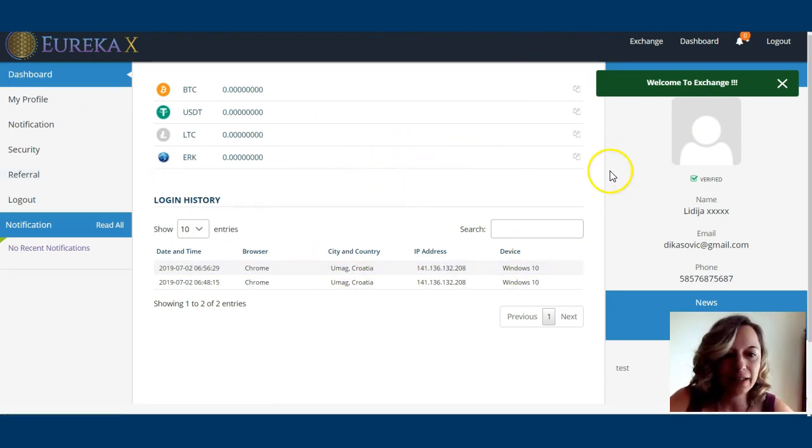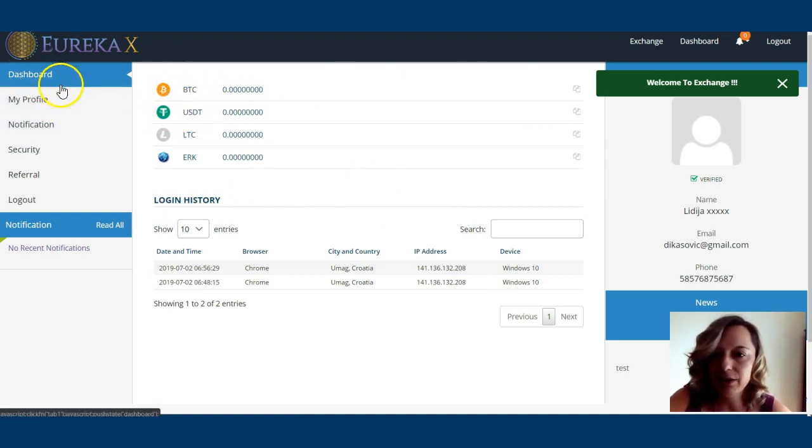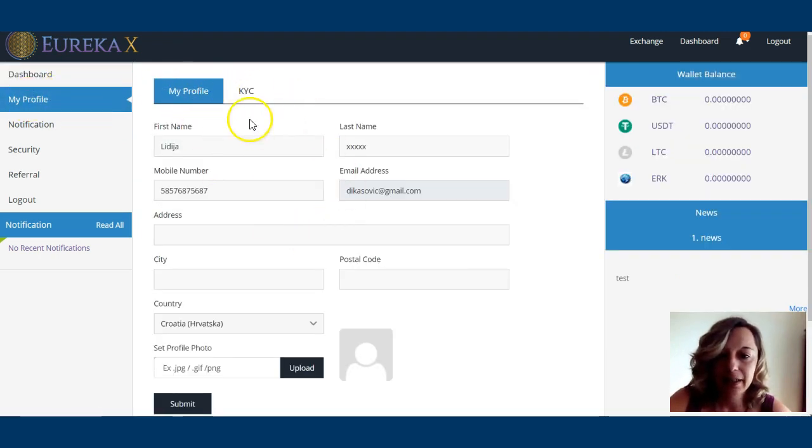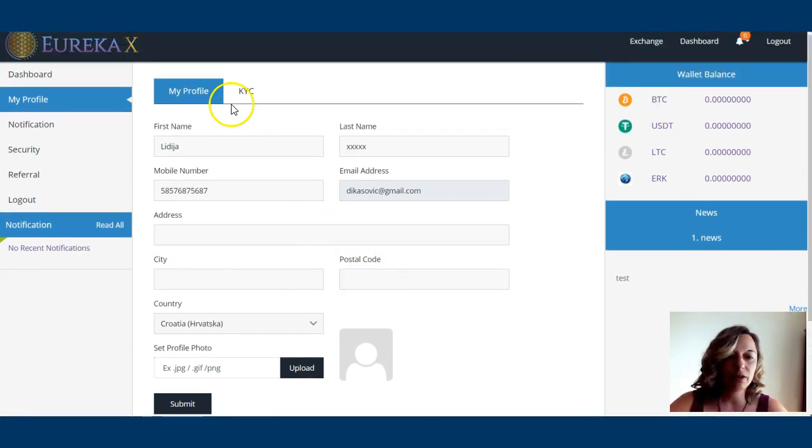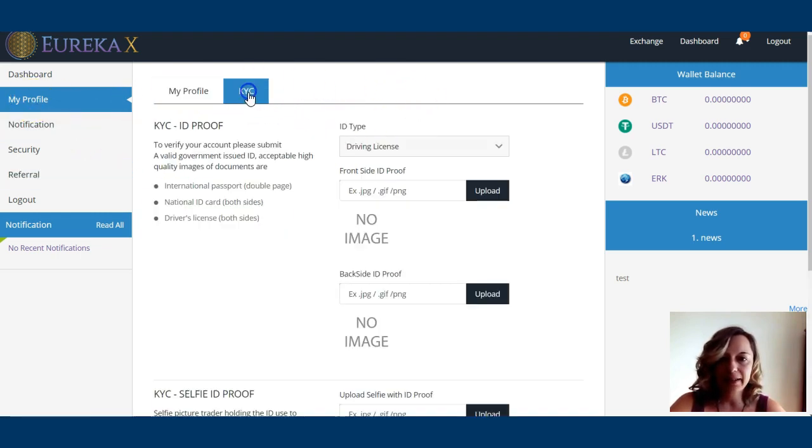So this is the back office and the dashboard of EurekaX, and you can go to your profile and change your personal information. But make sure when you register, you put your right name as the name on your ID, because otherwise verification will not go through, because the name of the account and the name on your ID need to be the same. So once you get to this, just go to my profile and click on KYC,